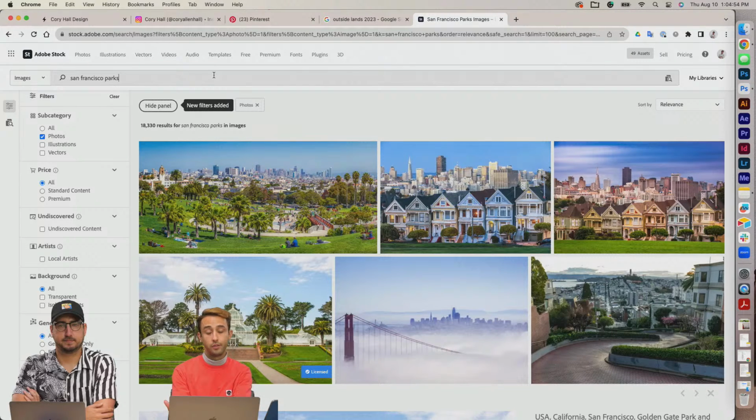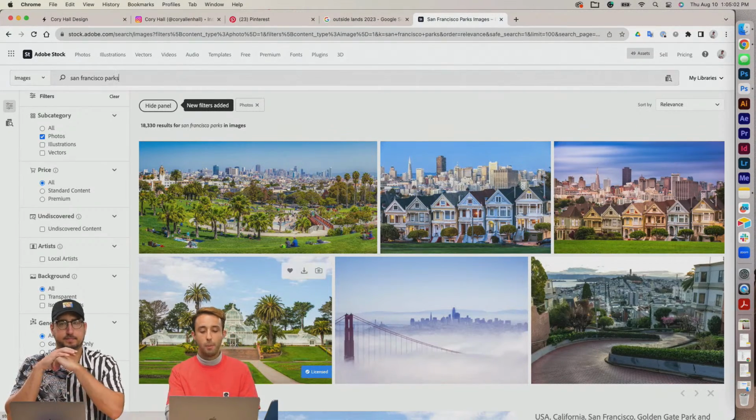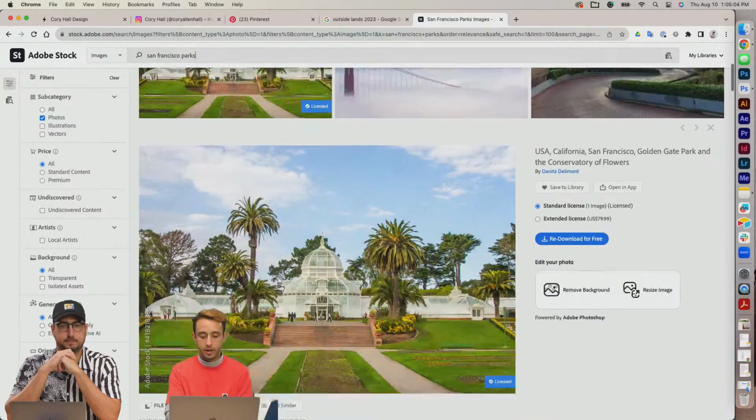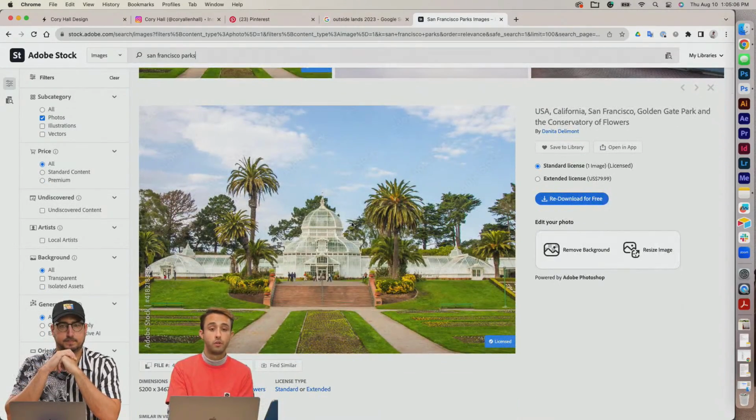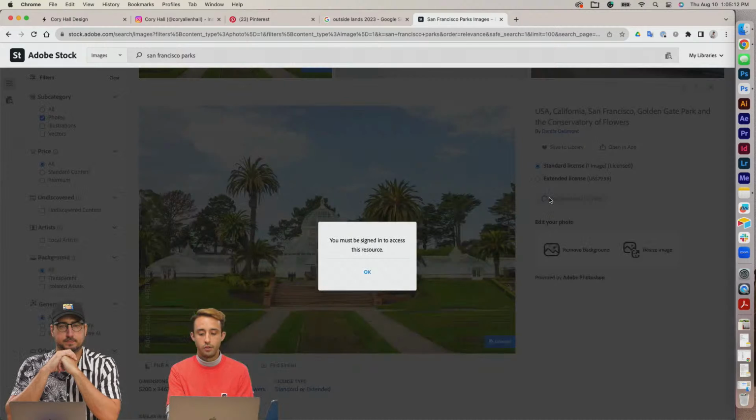Because this is a San Francisco-based music festival, I want a concept based around iconic viewpoints of San Francisco. I found this image of the Conservatory of Flowers, which is in Golden Gate Park, where this music festival is. So I'm going to download this and use this as a,